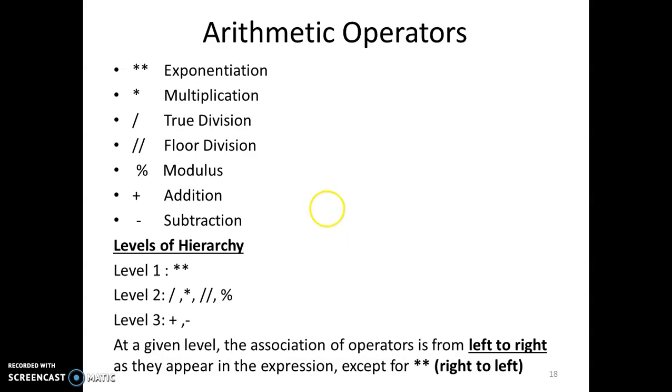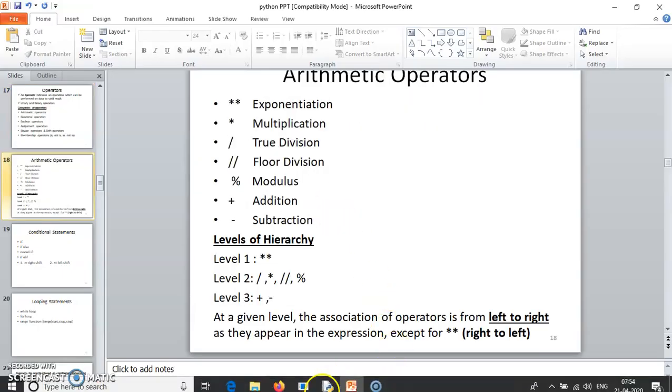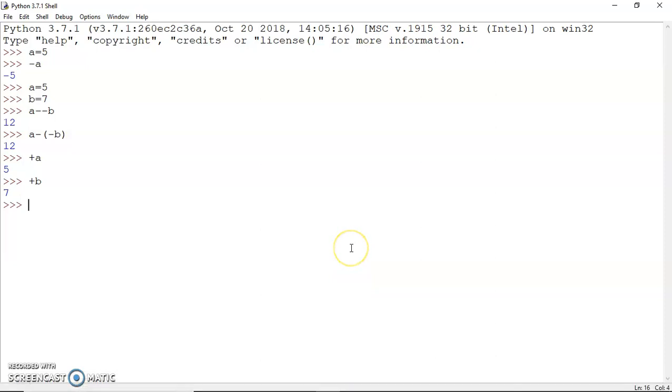First, let's see what is the meaning of all these operators and how they work. Let's take two variables, a as 10 and b as 4. Let's see all the operations now. If I go in with a double star b, that means a raised to power b, that means 10 raised to power 4. And if I do a star b, obviously it's multiplication.